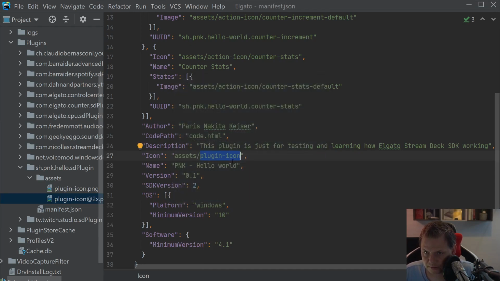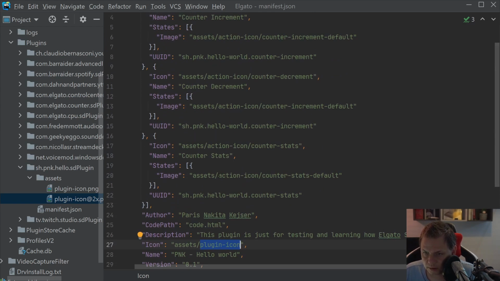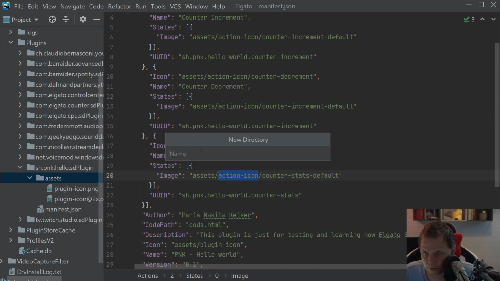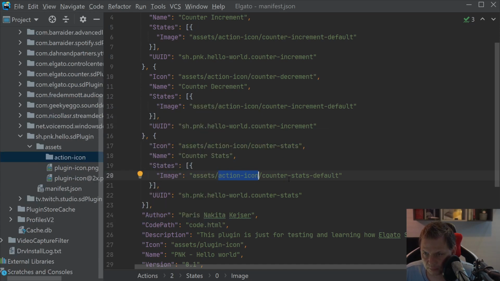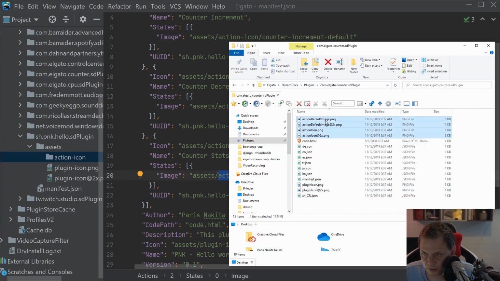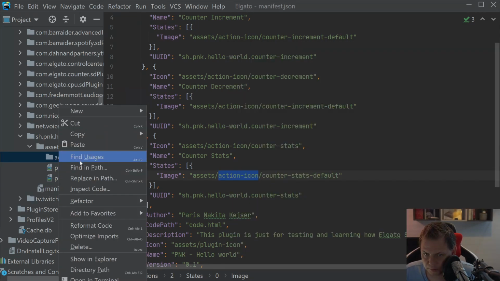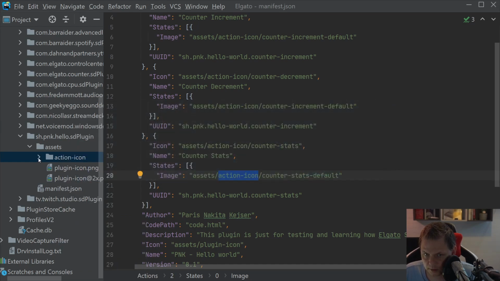Then I borrow the icons, and then we need in the assets we need the action icon, new folder, and add it up here. And what we're gonna add now should be the false icon here. I'll just copy that and put it inside. Paste, paste, paste, paste, paste. Here we go. And inside here